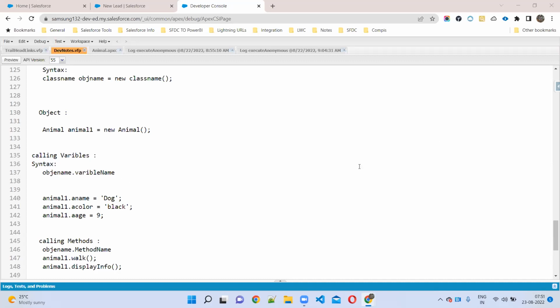Object dot method name. Equal to anything? We can use equal for variables. If you want to assign data to variables, we use the equal to assignment operator. What is equal to? Assignment operator.